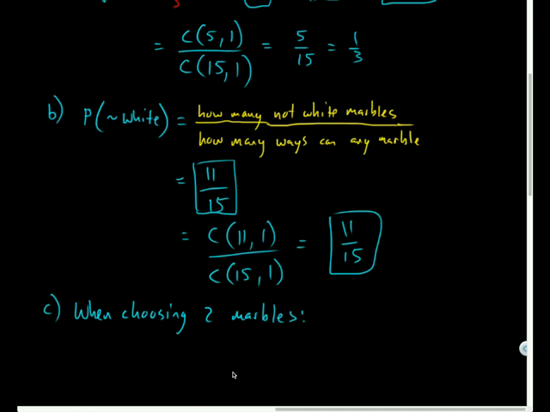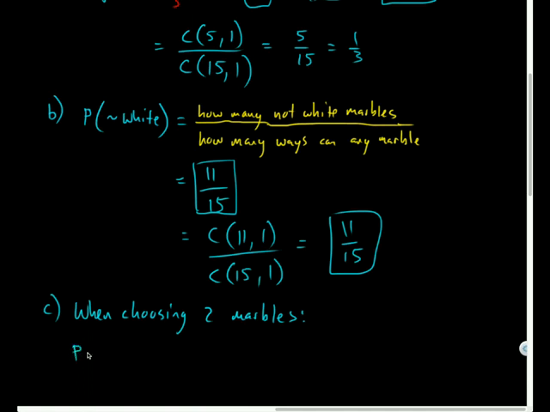That's physically an impossibility. Or you could interpret this as reaching into the bag, grabbing a single marble, holding it, reaching into the bag again, and grabbing another marble. So it eliminates the possibility of the same marble being chosen twice. You could view this as two separate events that are dependent on one another, since the number of ways the event could occur the second time is less than the number of ways the event could have occurred the first time, right? There's fewer marbles in the bag the second grab.